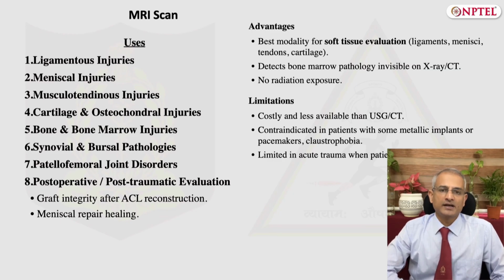For muscle and tendon injuries, it can easily pick up any form of strain or rupture, or the location of the exact injury, like generally in cases of myotendinous injuries, which happen at the junction of the muscle and tendon. It can also detect synovial pathology, any fat pad inflammation, or a bursal inflammation.